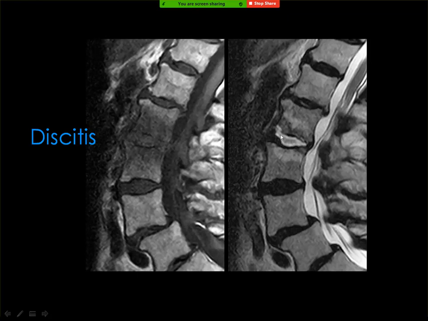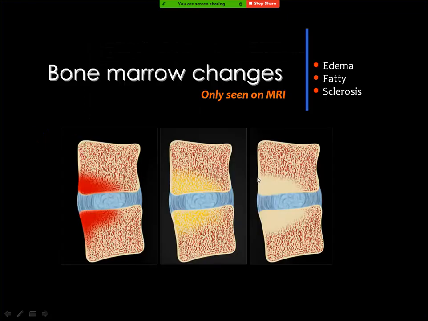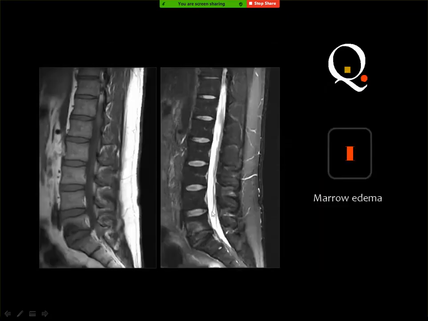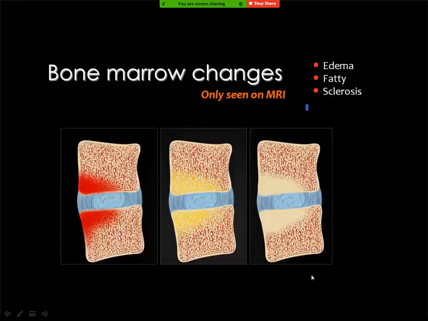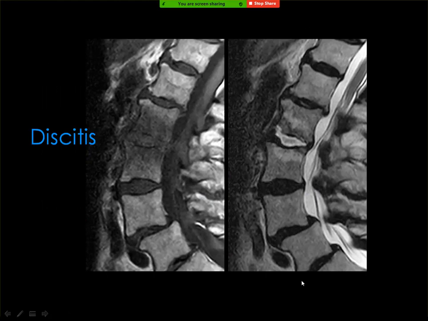If you see the disc of bright signal in the T2 weighted image, you know that it is inflamed. And this is discitis, which is absolutely different from just bone marrow edema as degenerative changes at the opposing